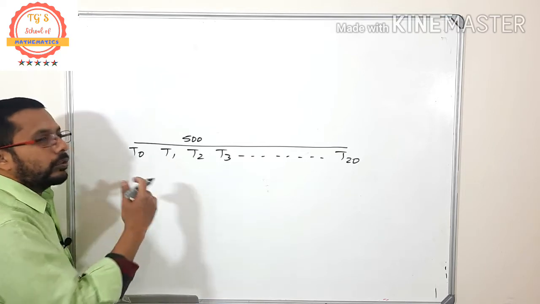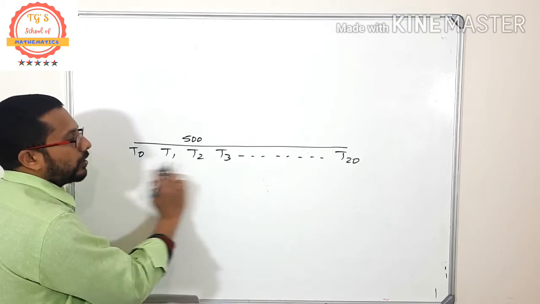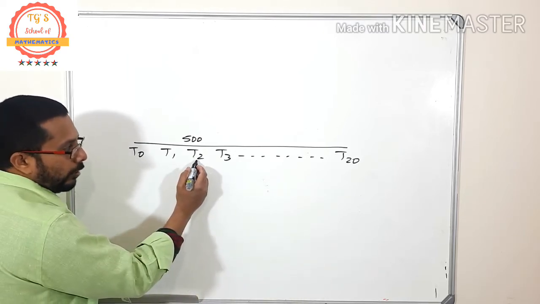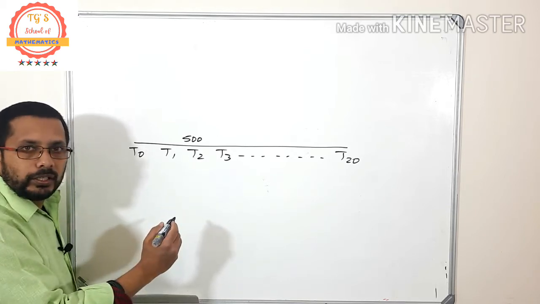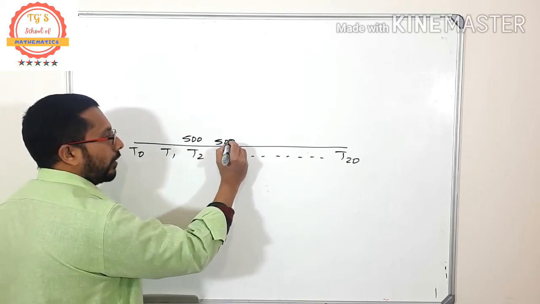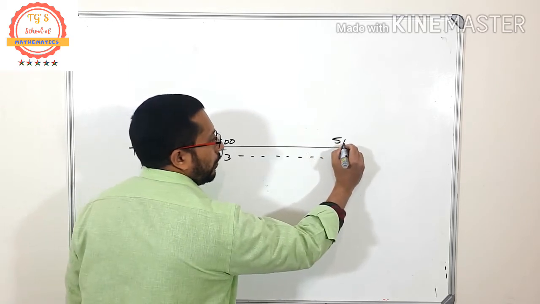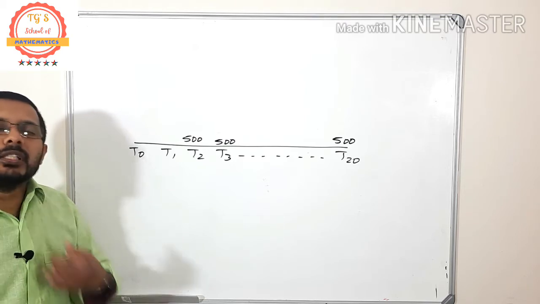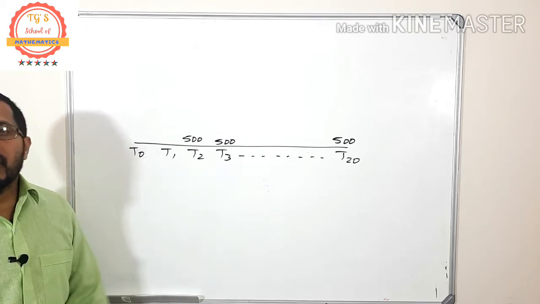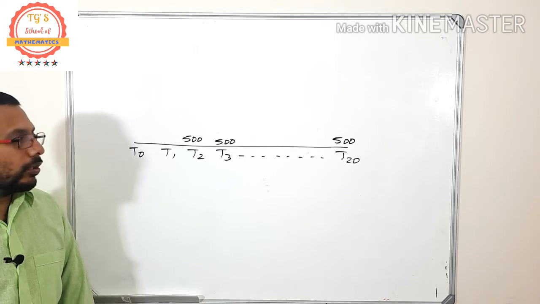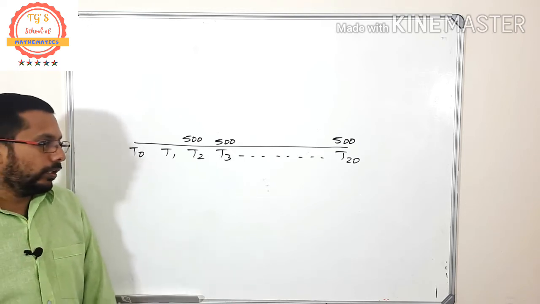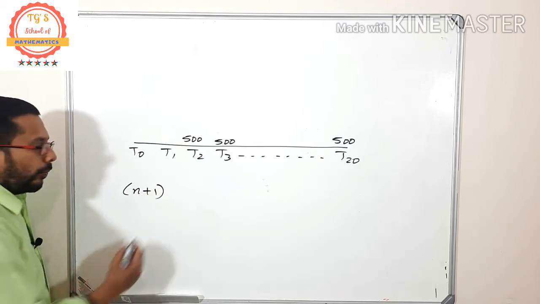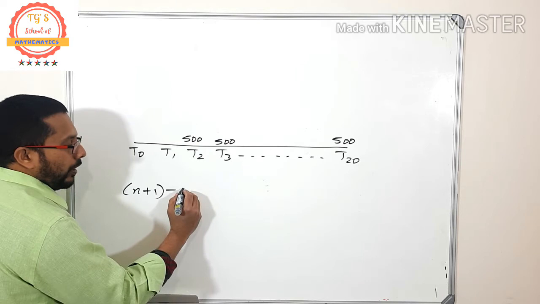It depends on the question. So let's consider this as months: first month, second month, like that, monthly calculation. On the second month deposited 500 rand, third month 500 rand, like that, up to the 20th month, there also 500 rand. So how many times did he deposit, or what is the value of n? How can you find it? What is the general method? This method you can apply to any question: N plus 1 minus the first payment.